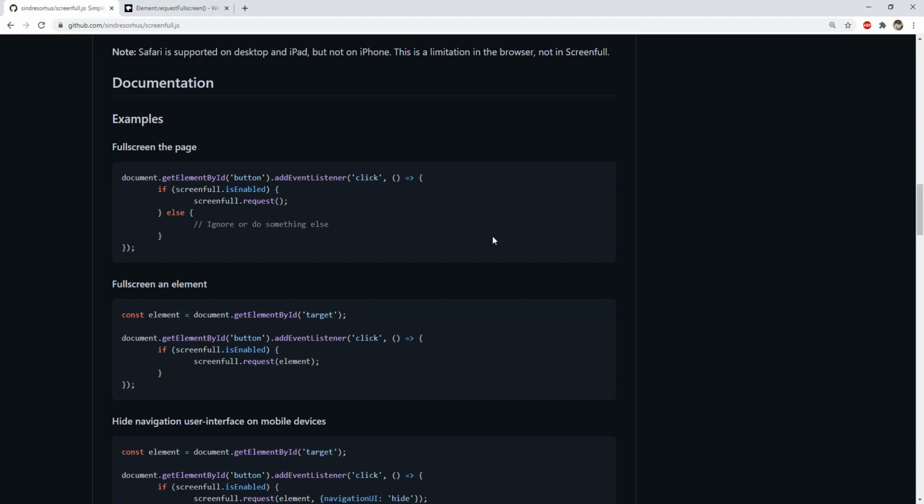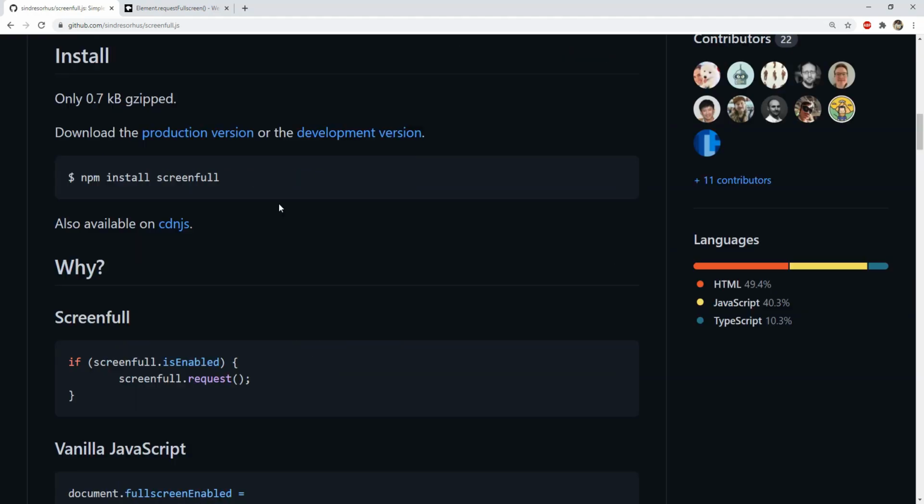Screenful.js provides a clean way to show any element in full screen mode. Its functions are easy to use and cleaner in looks. Let's now see how we can install Screenful.js and get its reference. We can either download the script using npm by calling npm install screenful, or we can use a script tag in a web page and fetch its reference using its CDN URL.